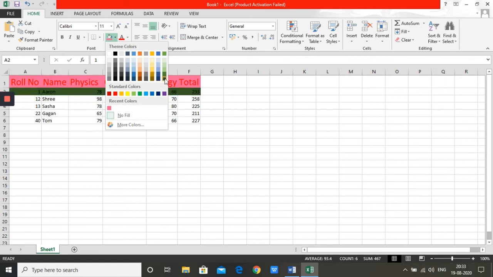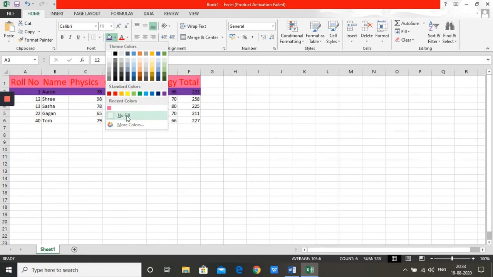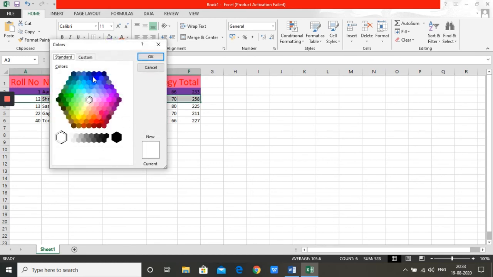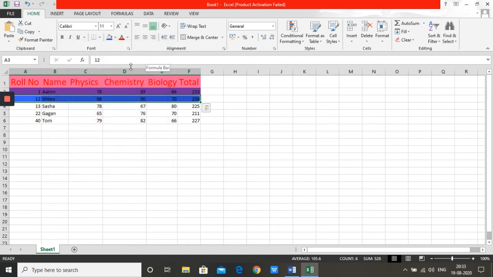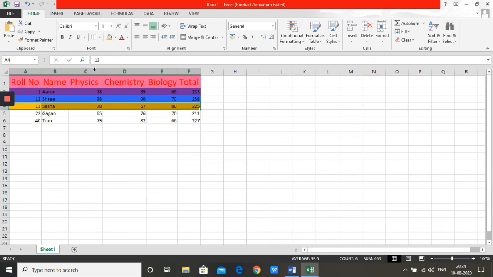You can use your choice of colors. So go here, this is your fill color. If you want more colors, go here, select in the spectrum wherever you want, then click OK. This way we need to select it, go and color it.